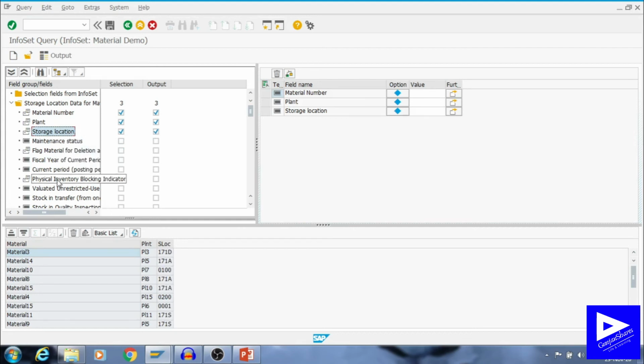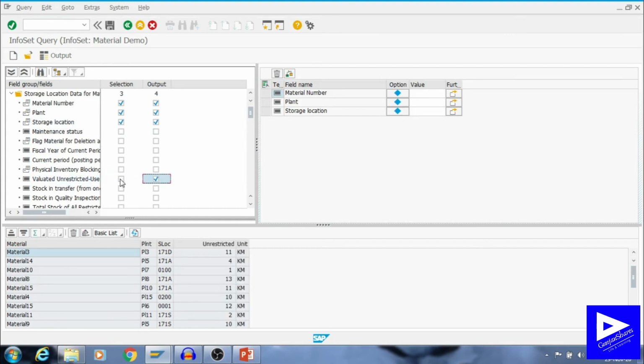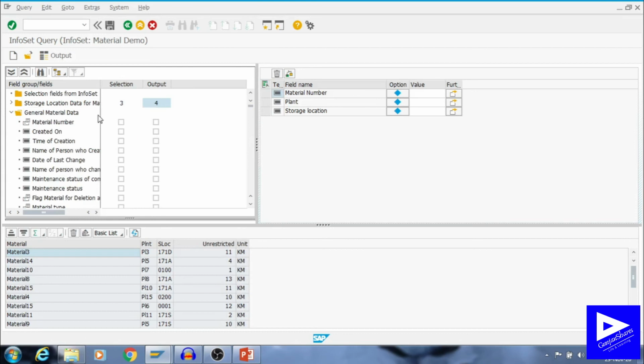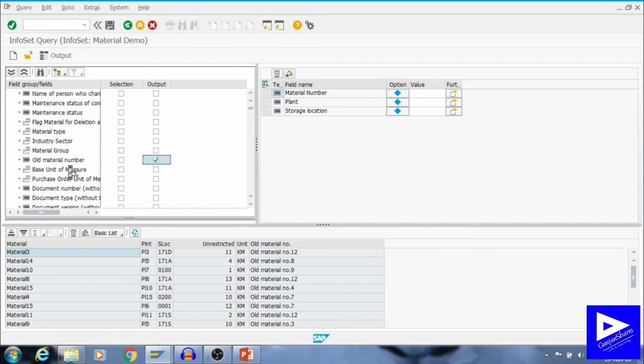Perfect. Now what we need is valuated unrestricted stock, and that would be in the output, not in the selection screen, right? Now from the general master data, what do we require? We require the old material number in the output. Then what else do we require?